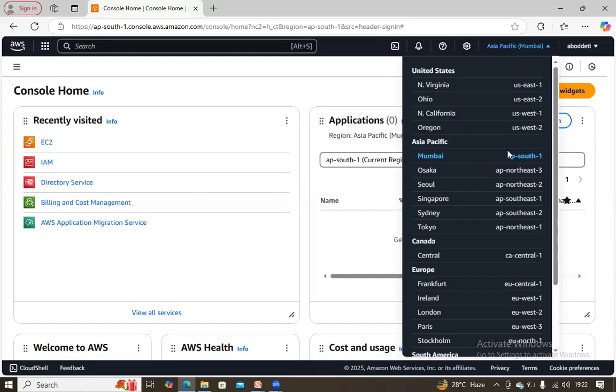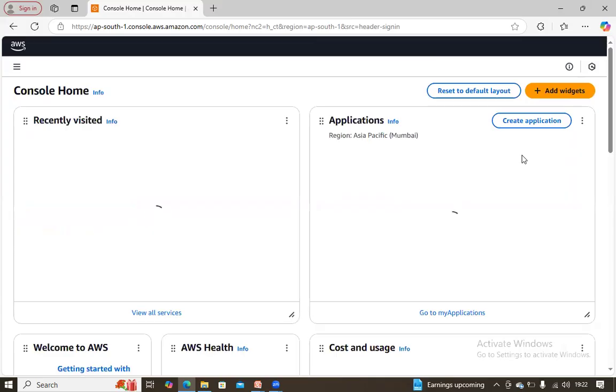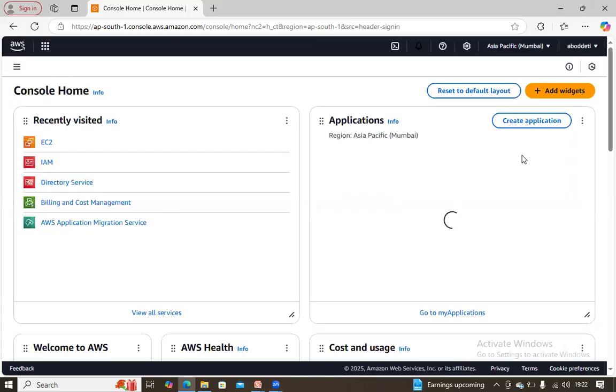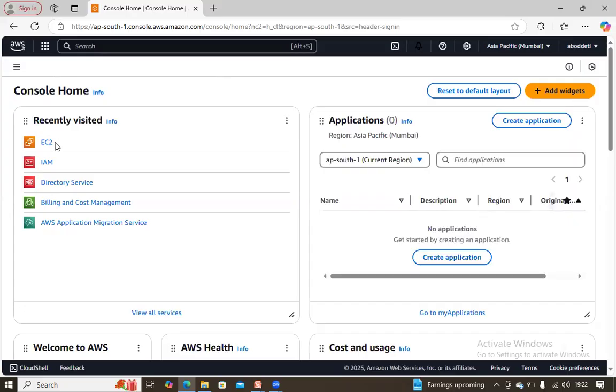Okay. So whenever you select an AWS region, we need to select the nearest location to our country, the nearest data center. We are living in India, so the nearest data center is Mumbai. So I'll select this AP South 1. Whatever operations we do, for example, now I'm creating an EC2 instance. Whenever I create an EC2 instance, that particular virtual server I'm launching will go to this Mumbai data center.